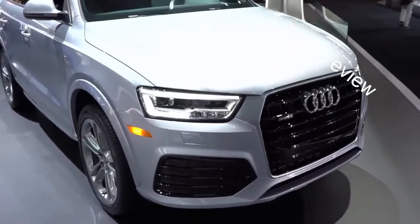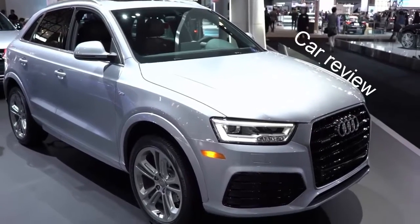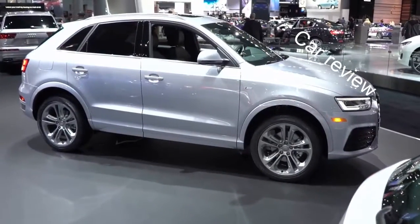As we mentioned, competitors for the Q3 include the BMW X1, the Lexus NX, and the Infiniti QX30, all 3 of which are new or almost new in the last couple of years. Also the Mercedes